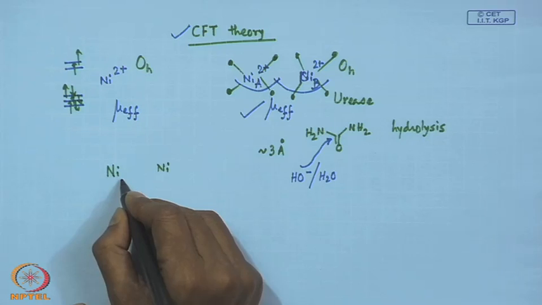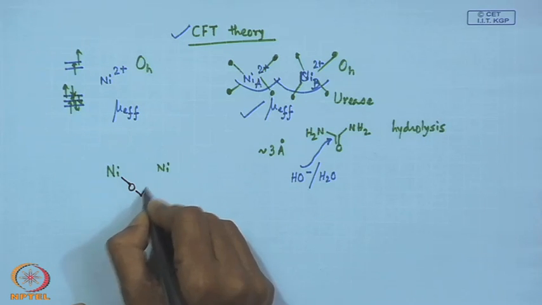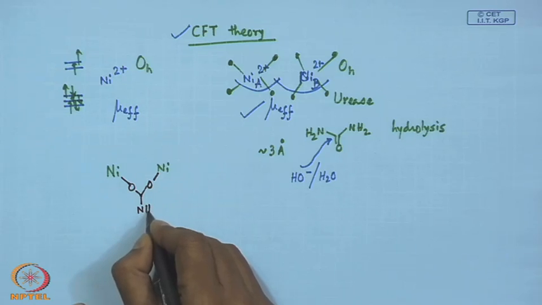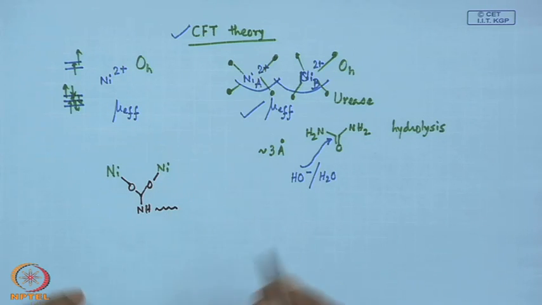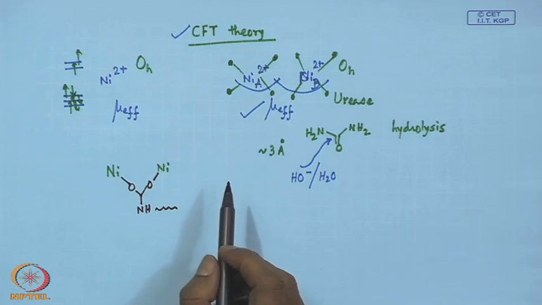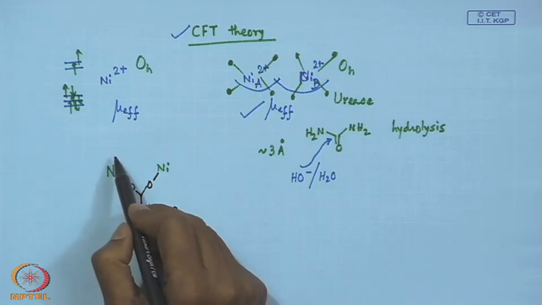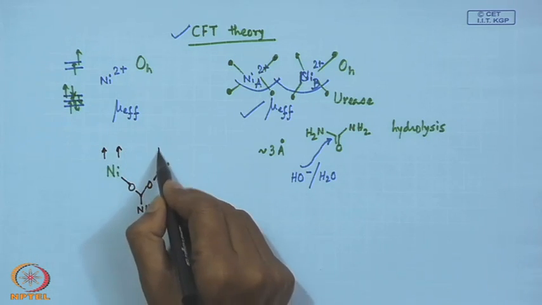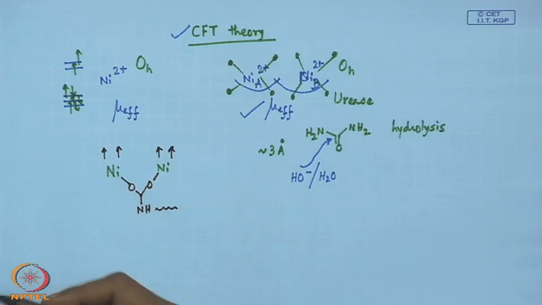In the case of urease, they are bound by a carbamate unit. So, if we consider that we have two unpaired electrons on the first copper and two on the second copper,